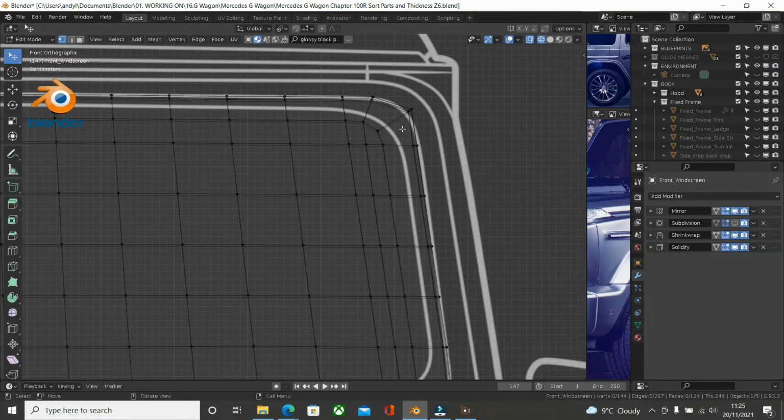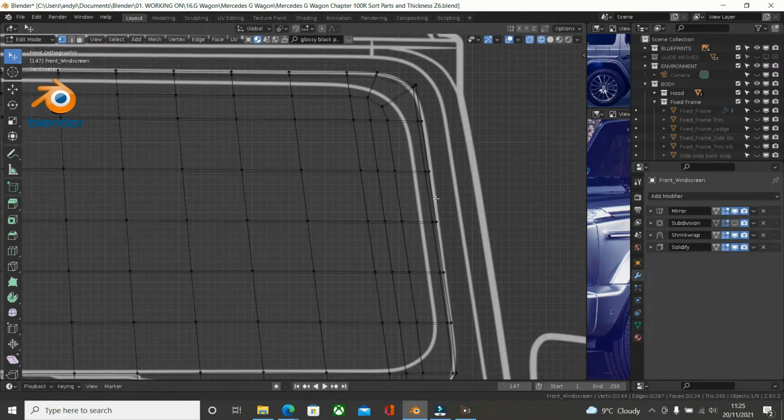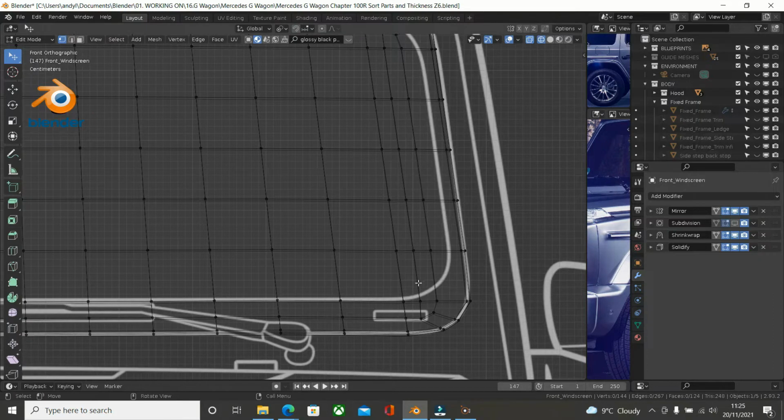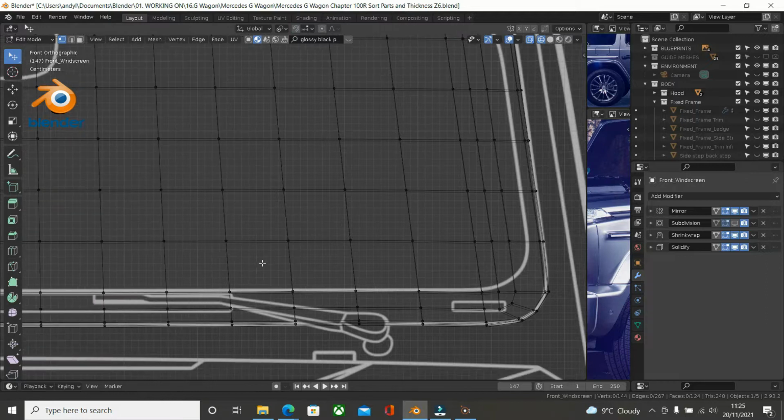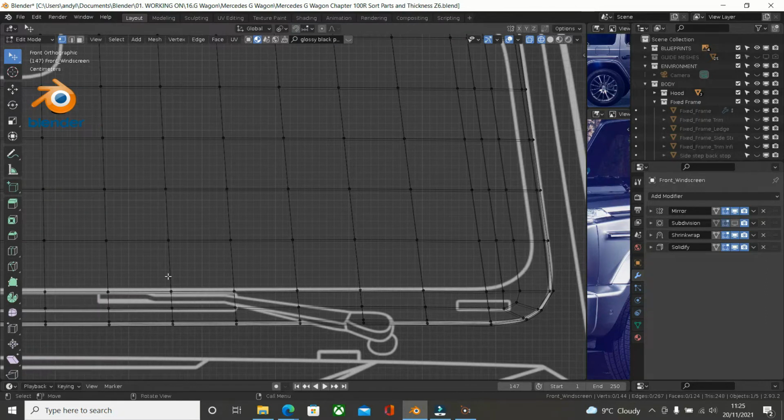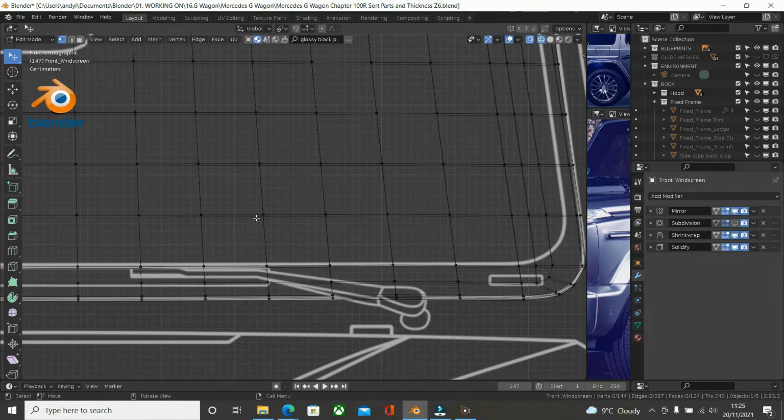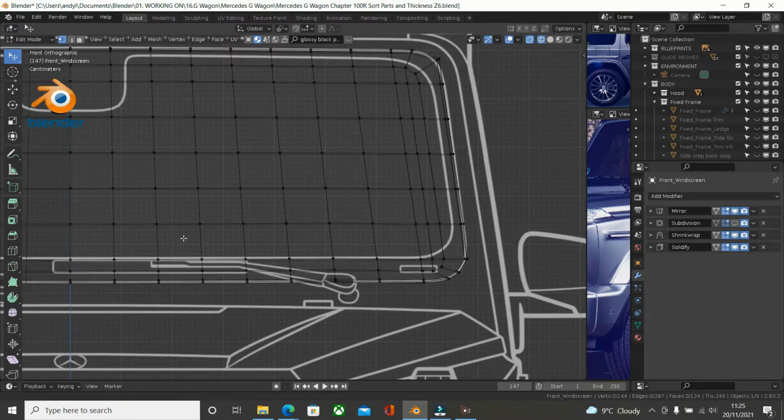Now what we want is a line around here that goes around here. Okay, so this line is not too bad actually, but what I'm going to do is select this all the way to here,